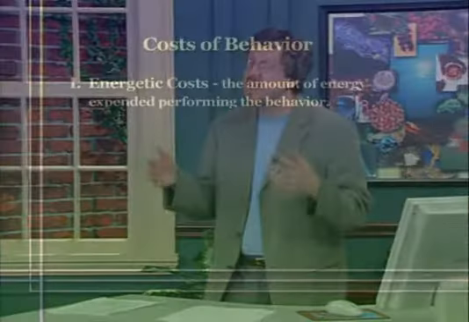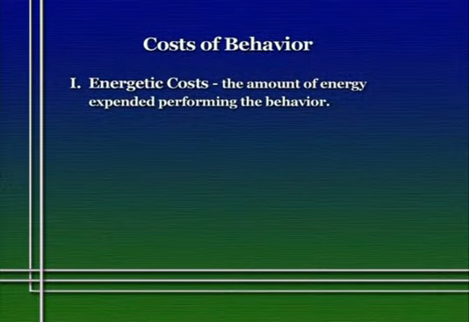Let me explain what I mean by that by defining costs a little bit more specifically. Behavioral ecologists typically separate the costs of behaviors into three broad categories. We refer to energetic costs, which have to do with the amount of energy, or perhaps other resources, that are expended in performing the behavior. Now, these costs are paid in terms that we've been talking about all along in this third of the course. They're paid in terms of energy and resources. We call them energetic costs in general.